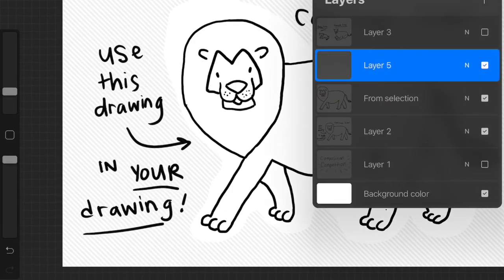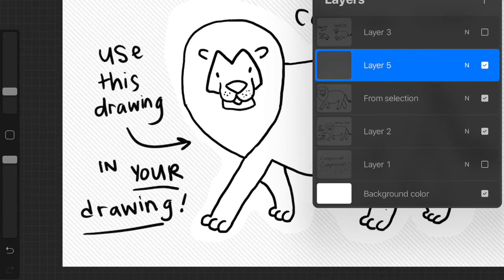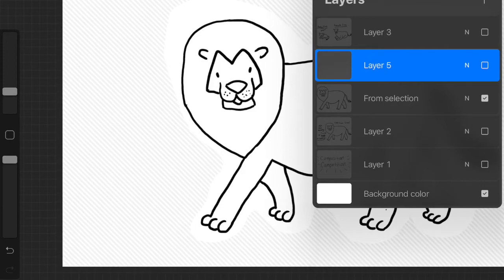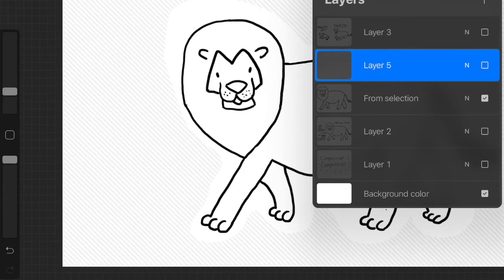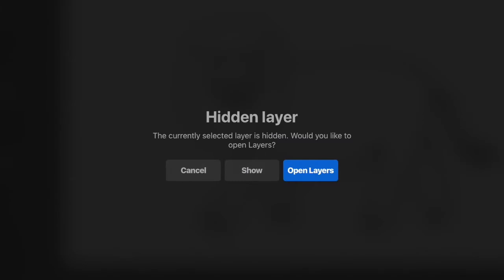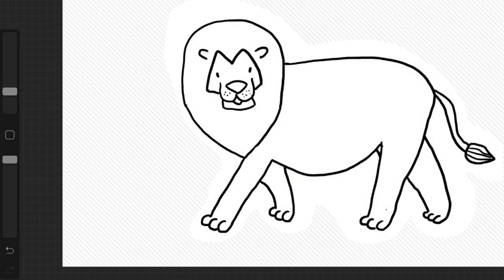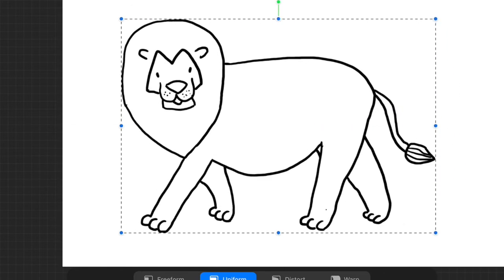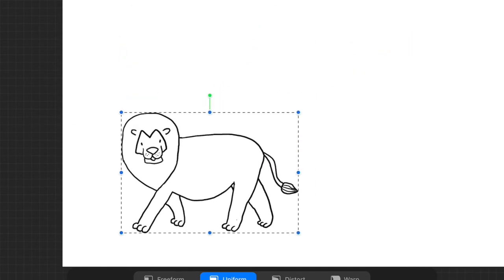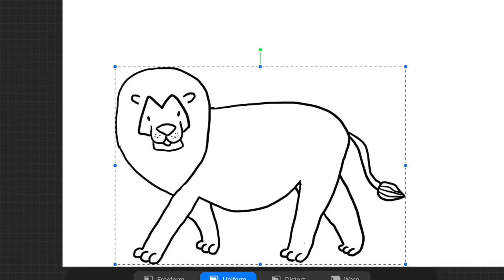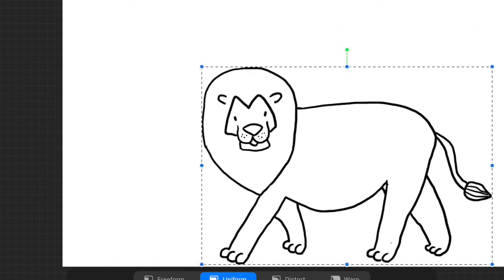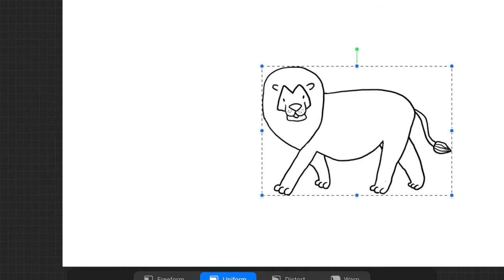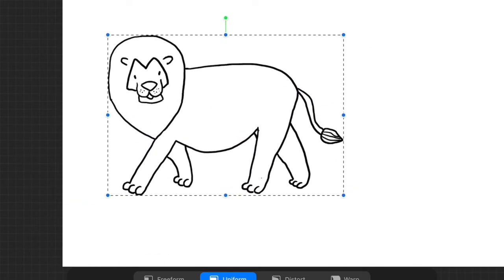So, for example, I'm going to paste this lion here. And I can make my lion big, or maybe I'll draw him small. I could draw my lion really, really big in the front of my picture, or I can make my lion really, really small. Depending on how I size my lion, depending on how big I draw my lion, tells me